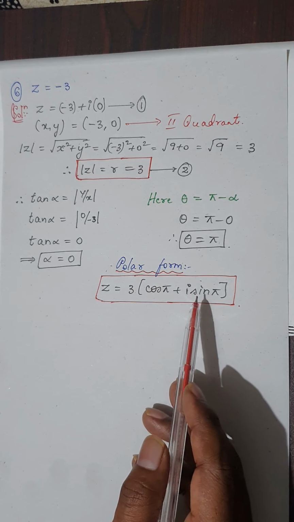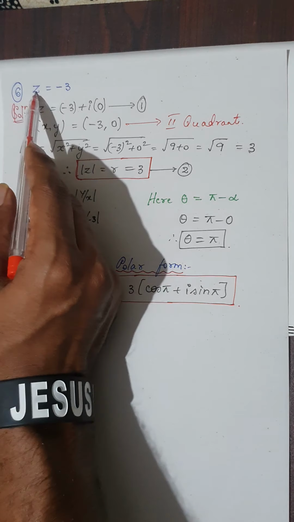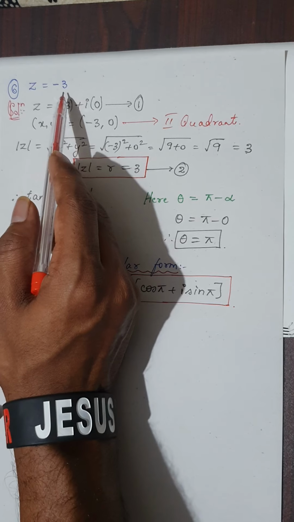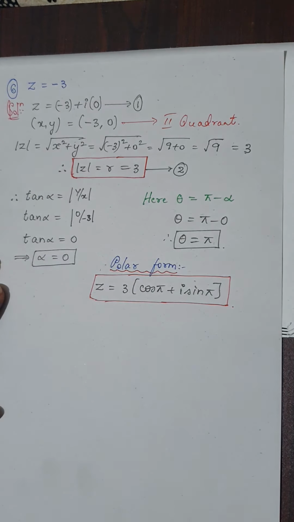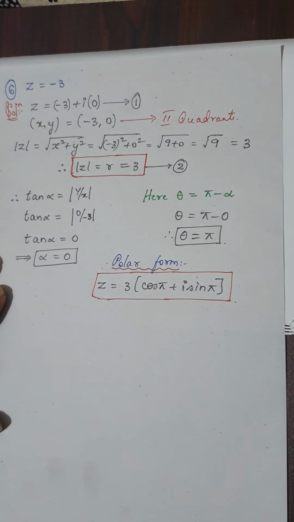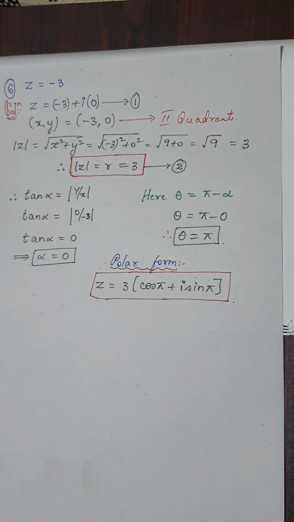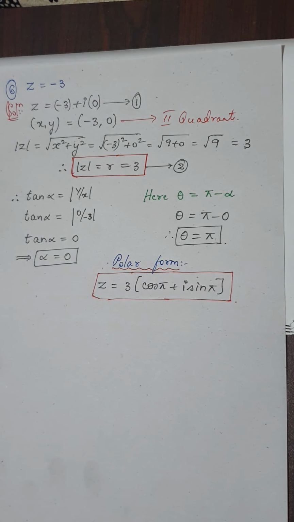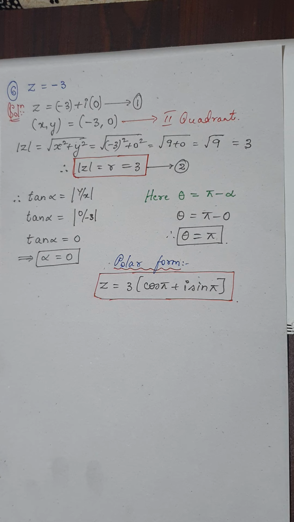Okay, had you noticed the difference? In this complex number was purely real. There was no imaginary part because the imaginary part was 0. Okay, so let us consider one more complex number where we will be just having the imaginary part whereas the real part would be 0. Okay, let us consider one more question, that is the question number 8.